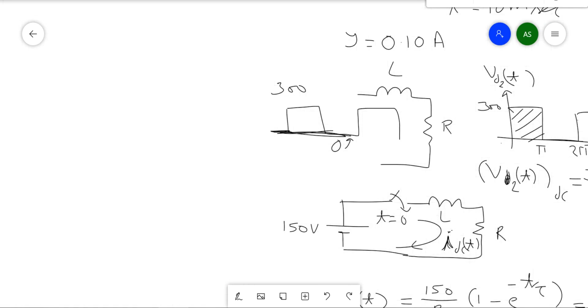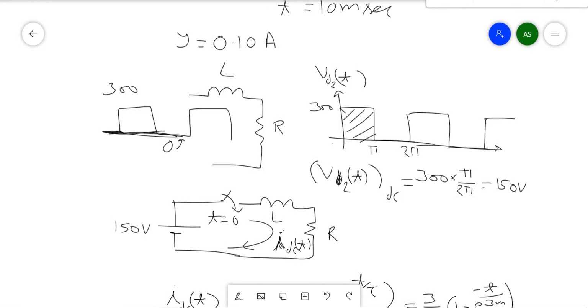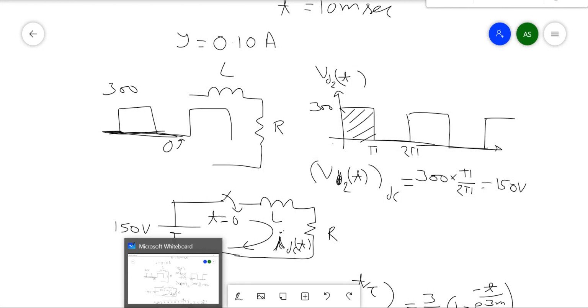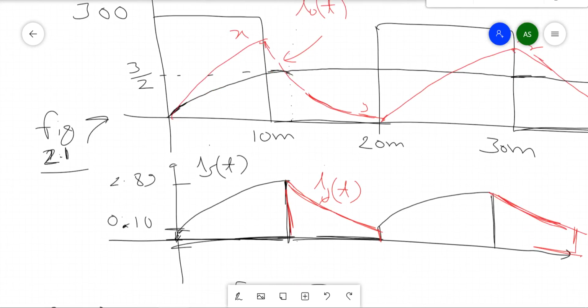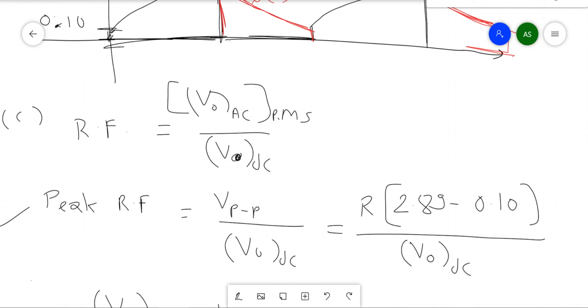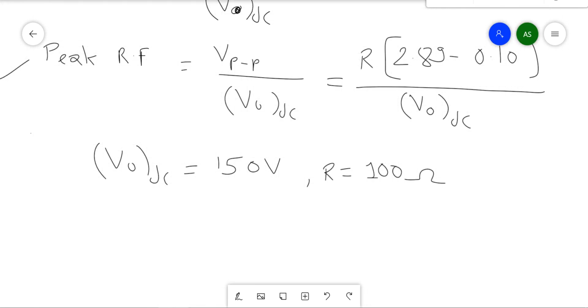Here only we are plotting it now. This is the VD2, the voltage applied across this L and R, and the average value of the voltage across L will be equal to 0. So this average value will be equal to the voltage across the resistor only. Okay, so V naught average is equal to 150. Based on that only we have done the calculation. So this is how you can solve question number 2. Okay, now let's see quickly